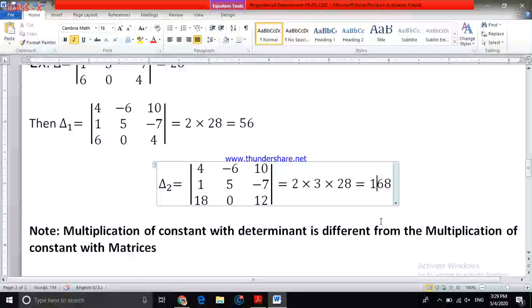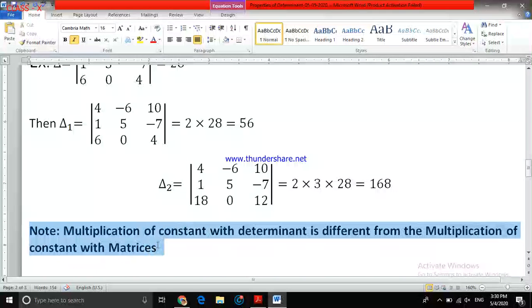Now there is one important note. You have to understand it very carefully. I mentioned it here: multiplication of a constant with a determinant is different from the multiplication of a constant with a matrix. If you remember the matrices chapter, when a matrix is given and I said find 2A, then multiply each and every element of the matrix with 2. If you want minus 3A, then each and every element of the matrix is multiplied with minus 3. But when it comes to the determinant, if I multiply one row, the second and third rows will be